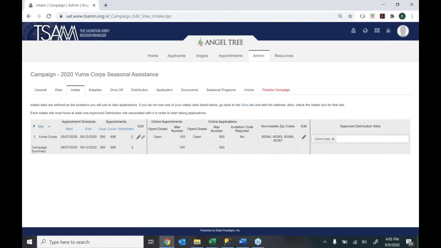And that's great because it allows you some flexibility. You can have two different intake sites, but only one of them is accepting online applications, and the other one, you have to have an invitation code. Something like that can be really useful, but you do want to make sure that you apply those settings for each intake site that you have. Okay,